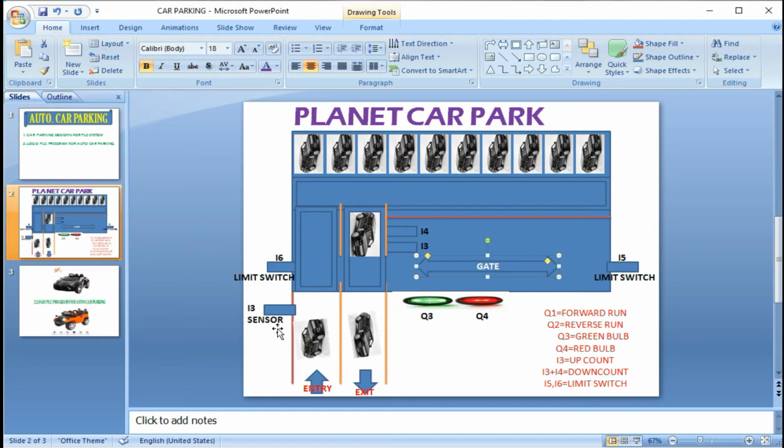Because you are automatically in control of your car parking here, there is a gatekeeper. At times there must also be a close of your gate. That's why when I3 senses, Q1 is on, forward is on. Automatically, when I5 senses the car, Q1 will be off, and Q2 after